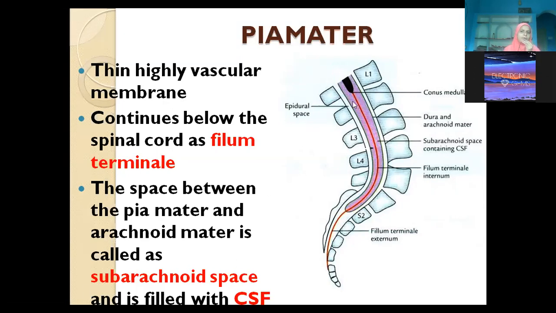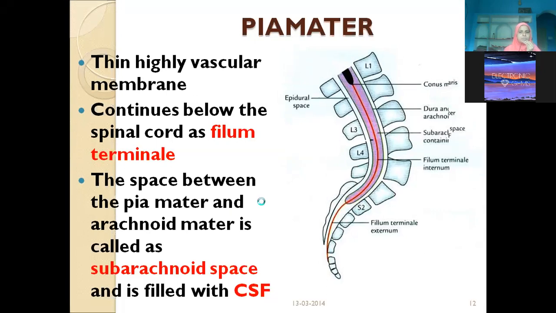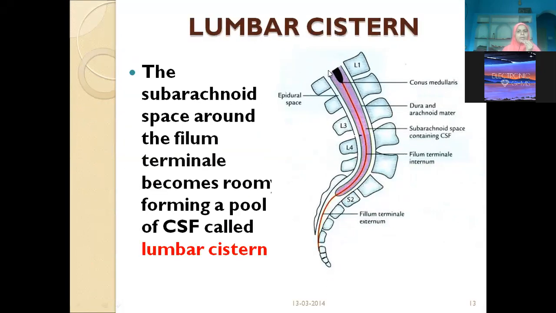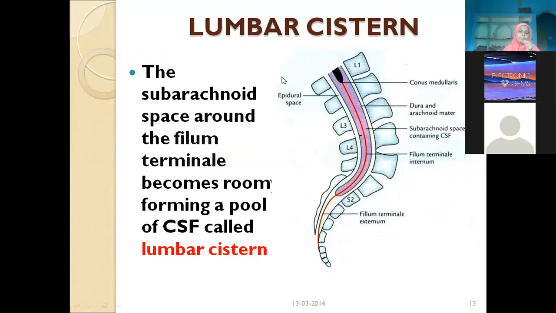And we know the subarachnoid space is filled with CSF, cerebrospinal fluid. Do you remember I told you something like the cerebellopontine cistern when we were doing the fourth ventricle? Cisterns means what? Like the cisterna magna. Cisterna means space, magna means large, that means the space which is enclosing more amount of CSF.